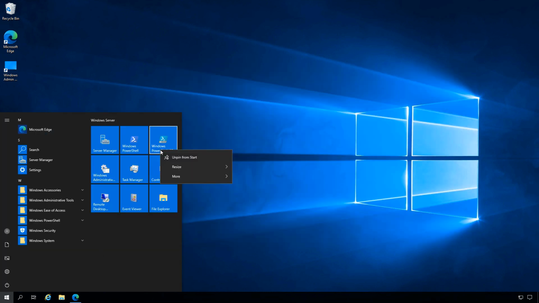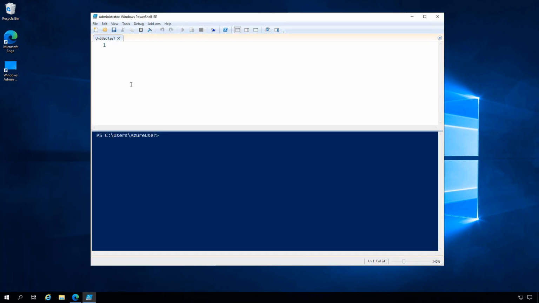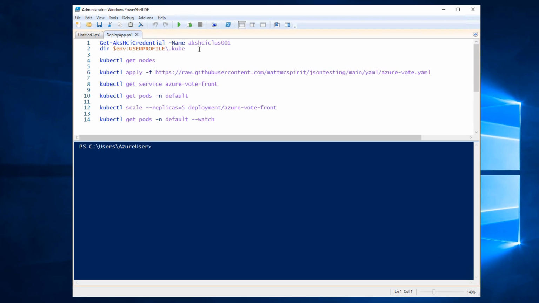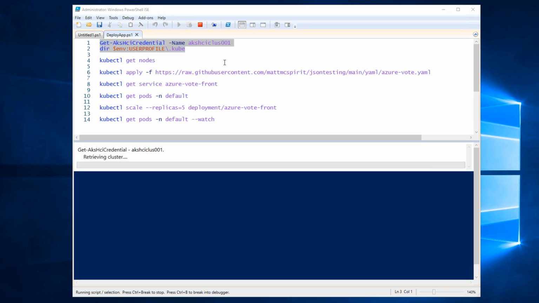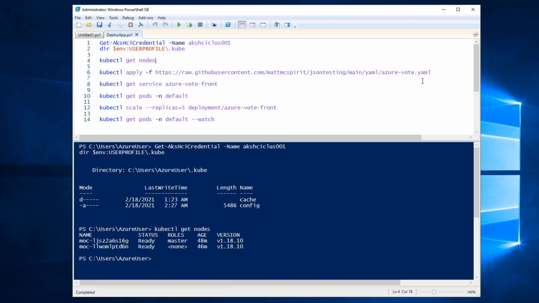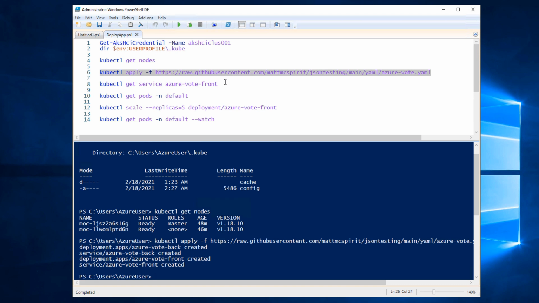So if I open up our PowerShell ISE, what you'll see here is if I bring up my pre-built script that I'm going to run to make things a little bit quicker. Firstly, we'll get the credentials for our cluster that we deployed earlier. Doesn't matter whether I deployed it with Admin Center or PowerShell, same result. We're going to use kubectl to get our nodes, and you'll see we've got a few listed there. Now, I'm going to use this command to actually apply this configuration from GitHub, but I could have used the local file as well.